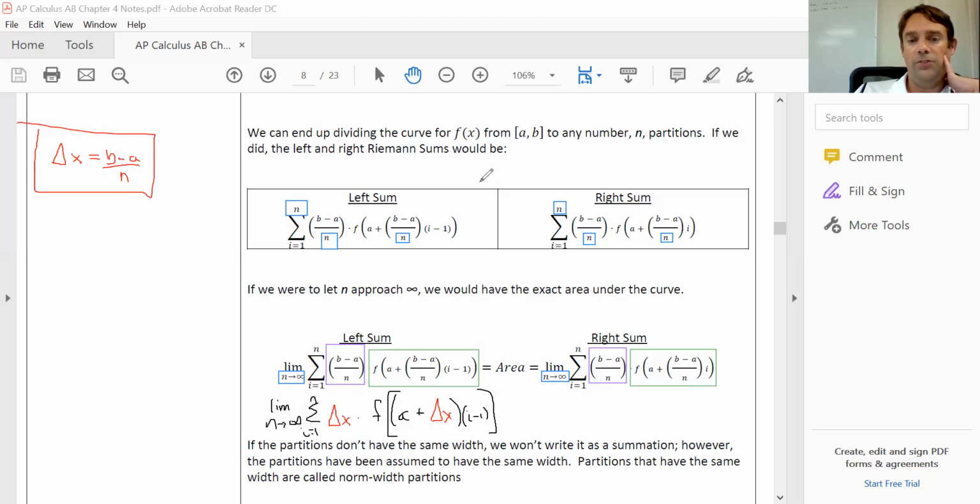And again, nothing changed, right? This is still nothing more than the base of a rectangle times the height of a rectangle. We have an infinite number of rectangles. And likewise, we can have the same thing over here as well. The area of this, as we go out to an infinite number,